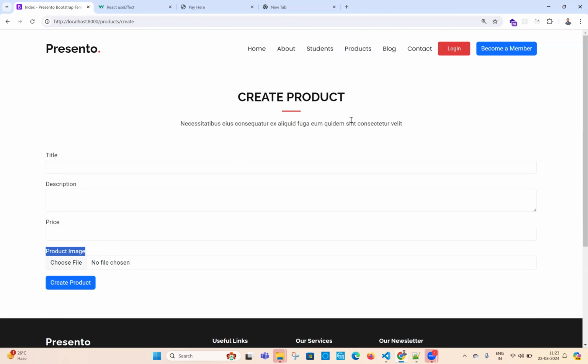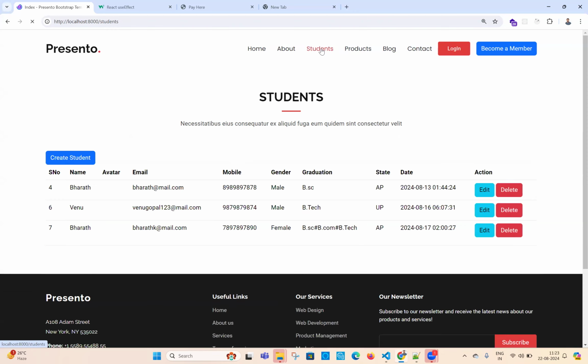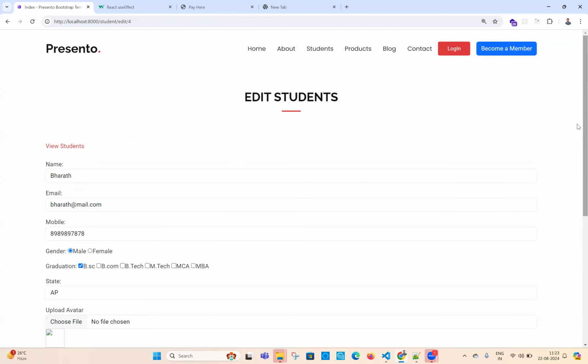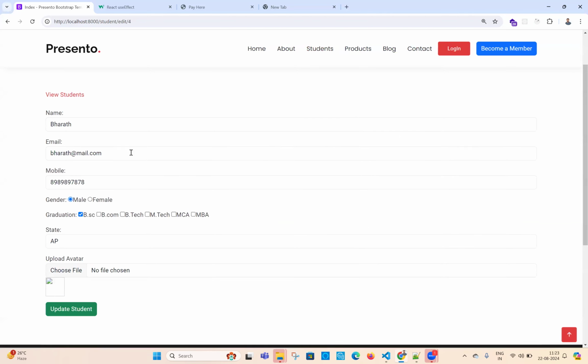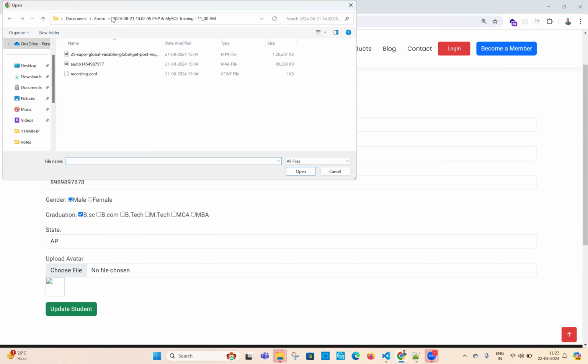So if you want to edit this also, for example, there is an edit. Click on this edit. This is also an edit form. We have to fill the form with existing data. And when you click the choose file button, we will choose a file. Okay, let me choose one file. Let me update some image for Bharat and let us go and check this. Choose